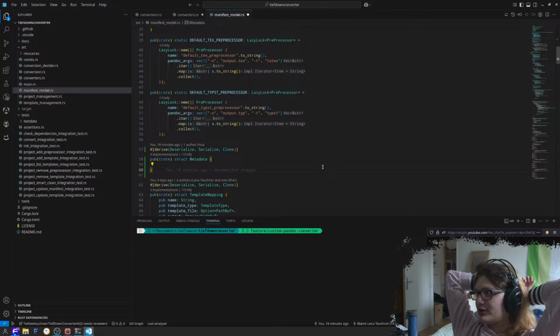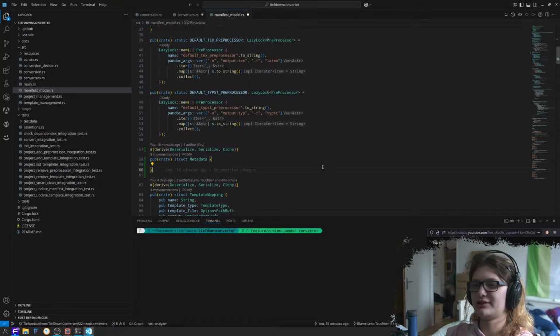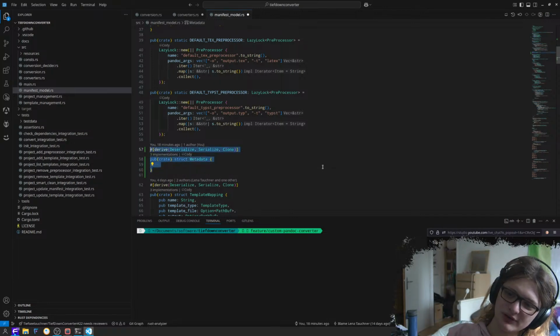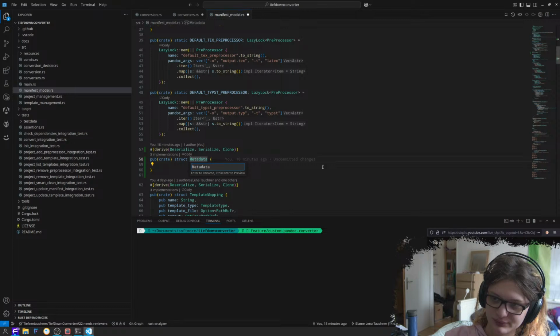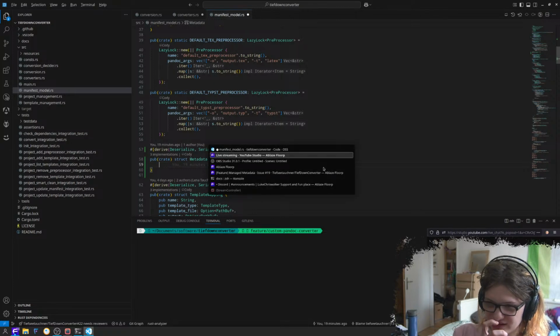Maybe I should do fixed metadata for now. No, I don't like that. I don't want to limit myself to fixed metadata. Metadata. Okay, what would this look like in a